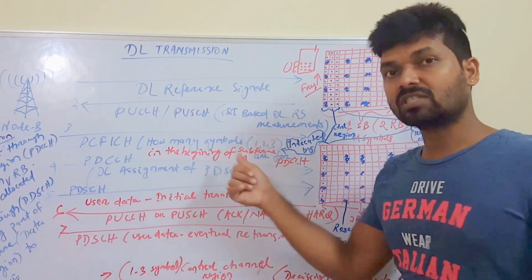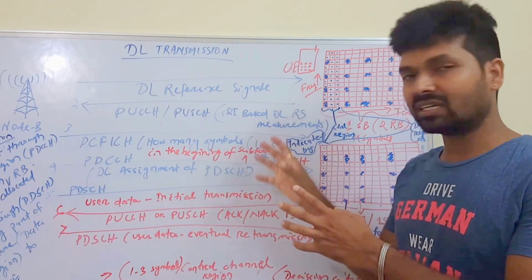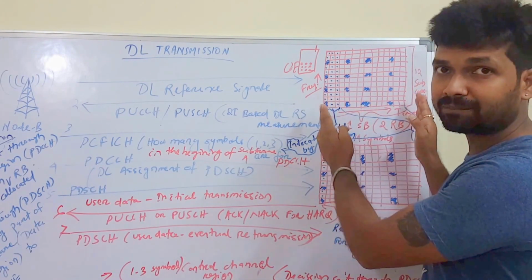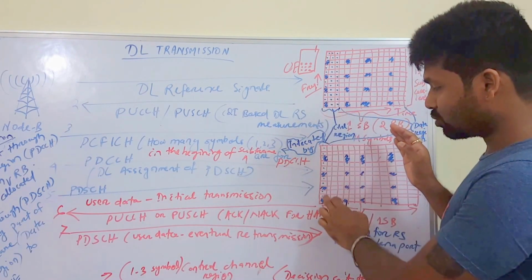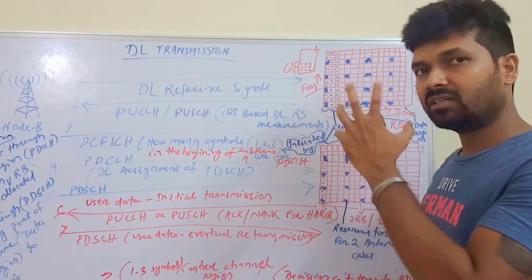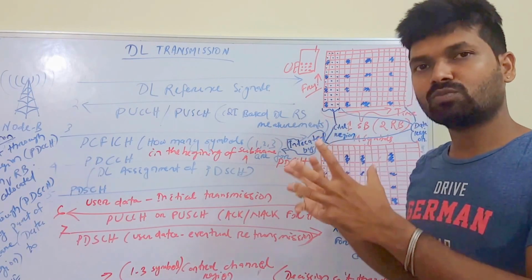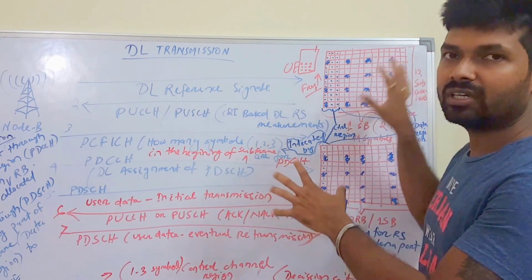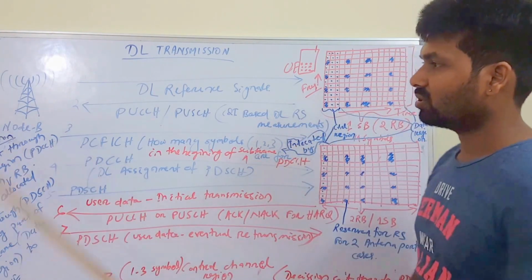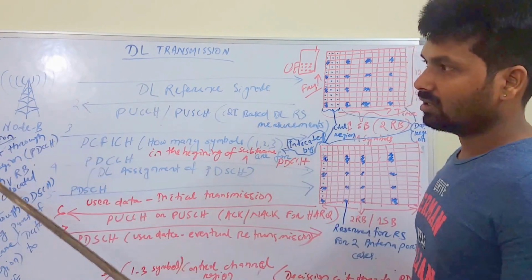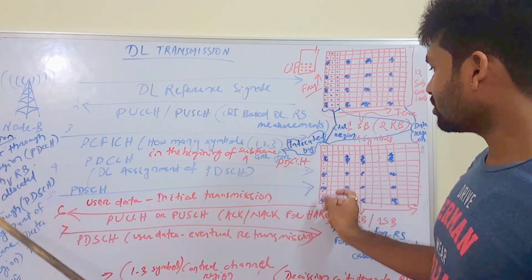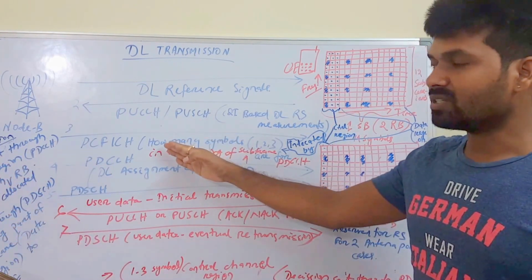So that is the physical control format indicator channel, which indicates how many control symbols can be used in a subframe. Here it is 3, here it is 1, you can put 2 also, and it normally gives an assumption of how many areas are for data transmission and how many are reserved for control and signaling. So let's go and finish this chapter. Note the decision is sent through the control region, and this region is specified by the PCFICH.